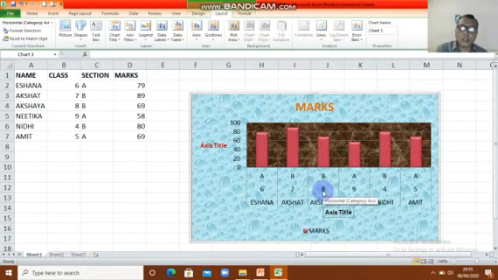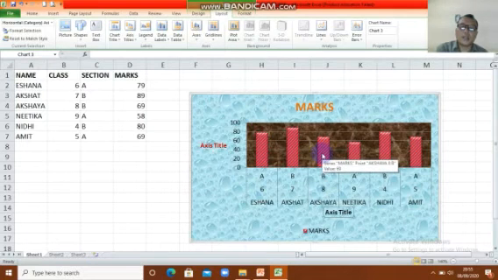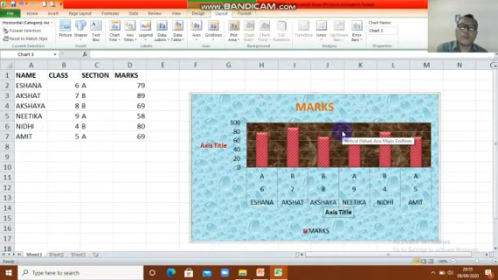This is the category axis, this mark point. This is the value grid line, major grid line. This is the chart area. So if you want to know, just move your mouse and later you will know the name. Okay, that's about the layout.